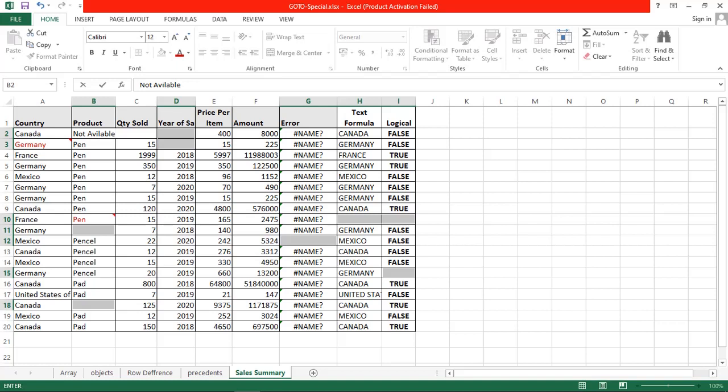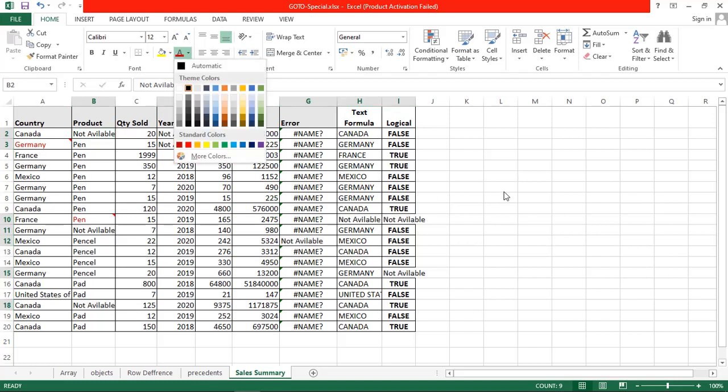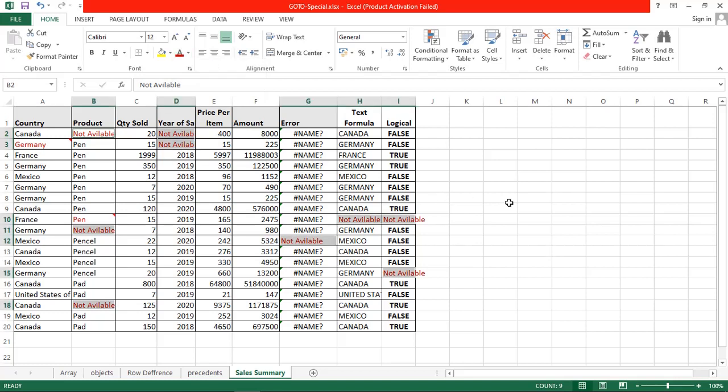Press Ctrl+Enter. The moment you press Ctrl+Enter, all blank cells are filled with the same value which I entered in the first cell. So you can change the color. This is how you can find the blank cells and fill them with some value.